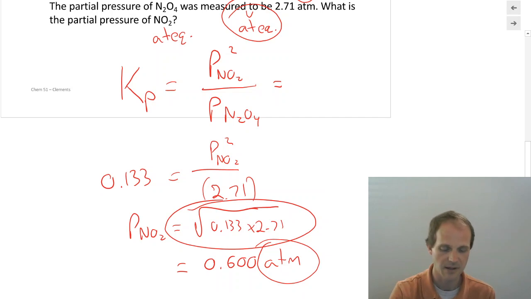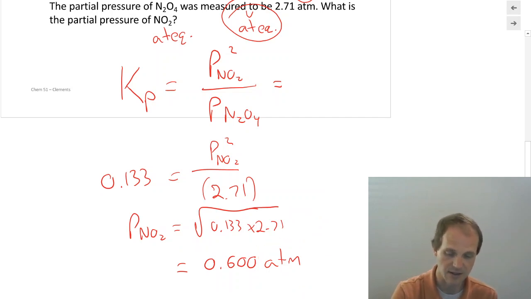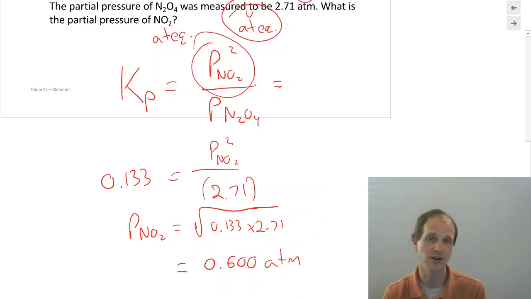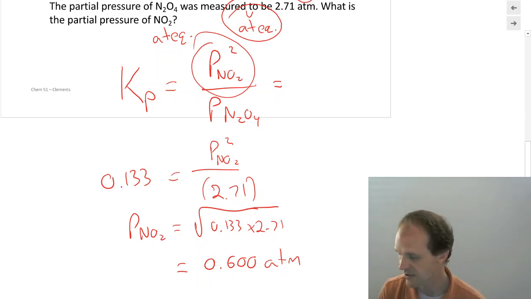that atmospheres on there. That's because what we calculated in here, the pressure of NO2, is actually the pressure divided by the reference pressure, so we have the unit of 1 atmosphere that we get back. You don't have to busy yourself with the reasoning behind all of that if you don't want to. Just remember, when you're talking about a pressure and you're just reporting a pressure, you better have a unit on that. But when you're putting those numbers inside a K expression, you are welcome to leave the units off, and most people do. So 0.600 atm.